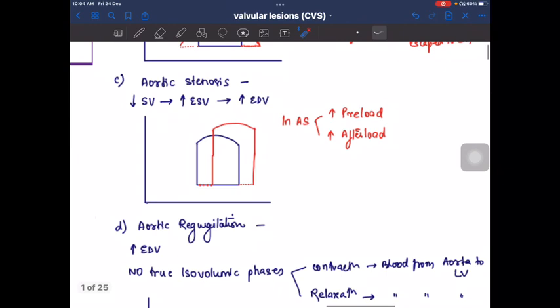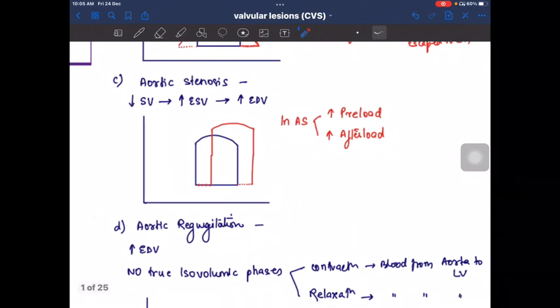Okay. Let's come to aortic stenosis. The same thing, stenosis means less blood is leaving the ventricle. All right. So it means the stroke volume has decreased. If the stroke volume has decreased, the ESV has to increase. Okay. So end systolic volume has increased, and then the ventricle will receive its quota of ventricular filling. So it will cause an increase in end diastolic volume because extra blood is already left behind, and then it receives its normal quota. So increased.